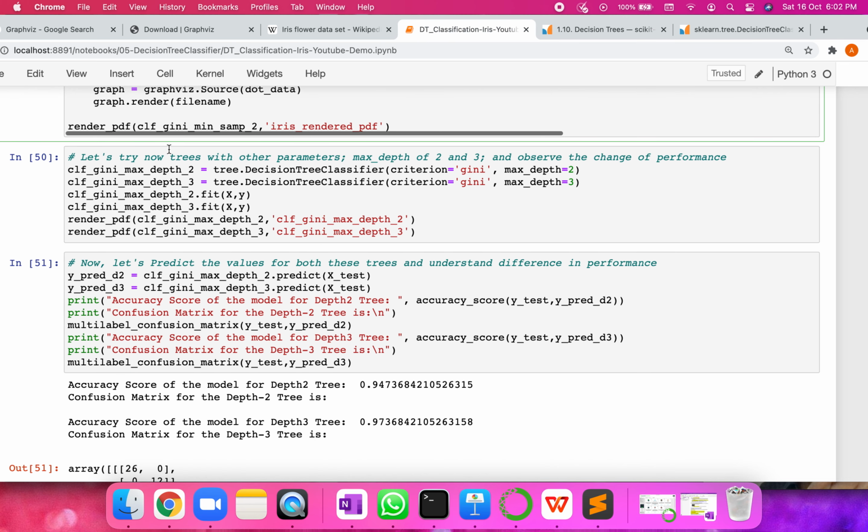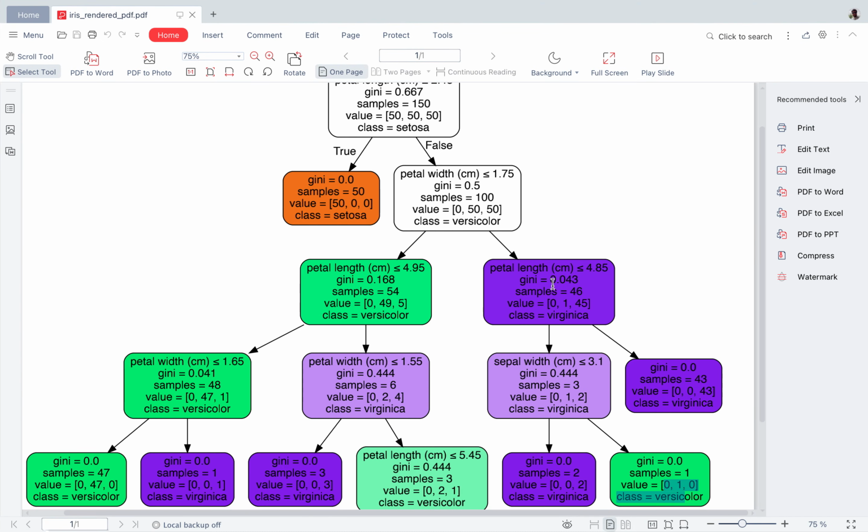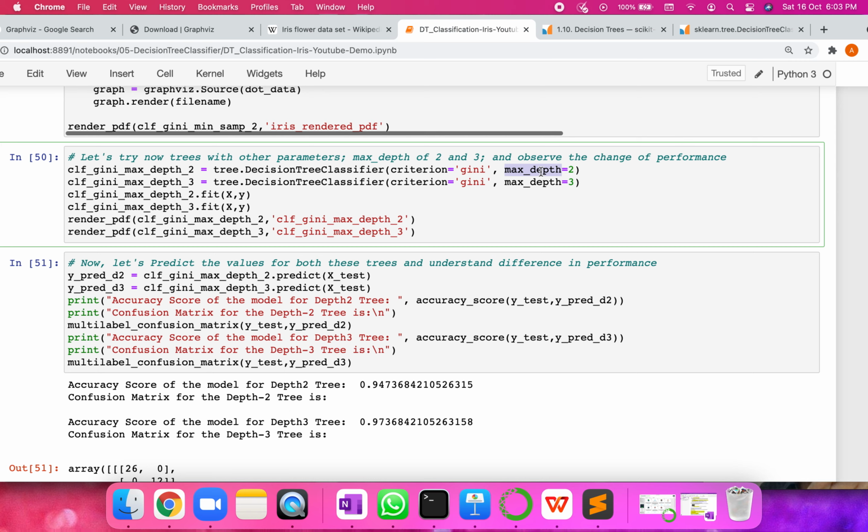And moving further, we are trying to build a couple of other models with the same decision tree classifier. We're trying to see, as I was saying, if we could control the depth, right? Here, it has gone up to 5 levels: 1, 2, 3, 4, 5 is the maximum depth it has gone to, right? So I'm trying to see if we can control this and see how the model is going to do, right?